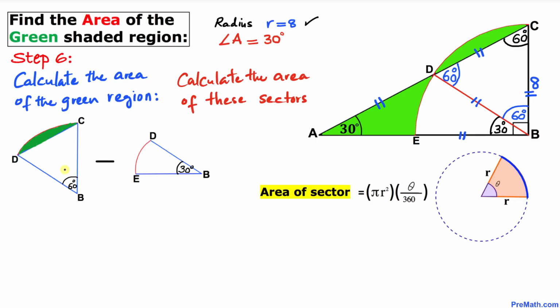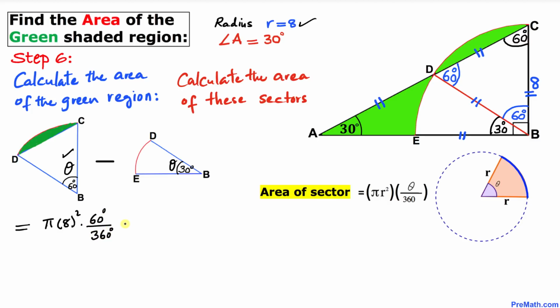In this case, our theta is 60 degrees, and in this case, our theta is 30 degrees. So let's calculate the area of these two sectors. This is equal to pi times 8 squared times 60 degrees divided by